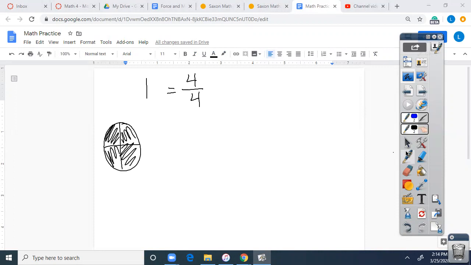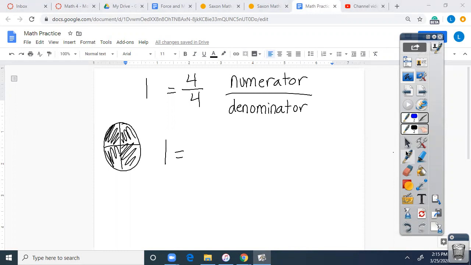So for fractions equal to 1, all you need to know is that the top number is equal to the bottom number. The top number is called the numerator, and the bottom number is called the denominator. Okay? Numerator and denominator. The top number is equal to the bottom number if it is to equal 1. For example, other fractions that equal 1 could be 13/13, or